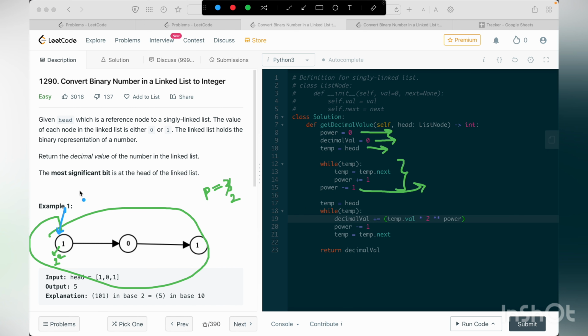So I'll be multiplying 1 into 2 power 2, right, which would be nothing but 4, and I'm storing this in the decimal value. Okay, so initially decimal val is equal to 0, so I'm adding 4 to the decimal value. So my decimal val is now 4, and I'm decrementing the power. So now I can multiply the next value with 2 to the power of 1. Once I decrement the power, my power will now become 1, and I'm moving my temp to the next node. I check the while loop again. So yes, there is another node, so I'm multiplying the 0 with 2 to the power of 1, which will result in 0. So I'm just adding 0 to it,